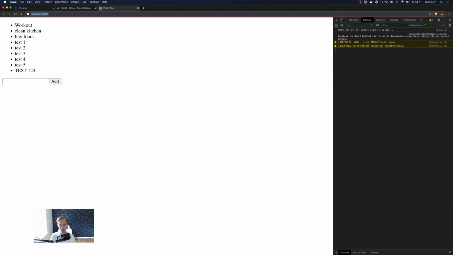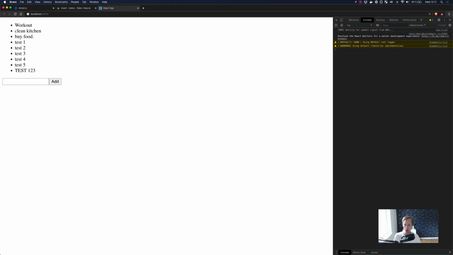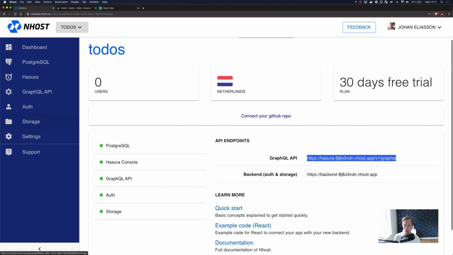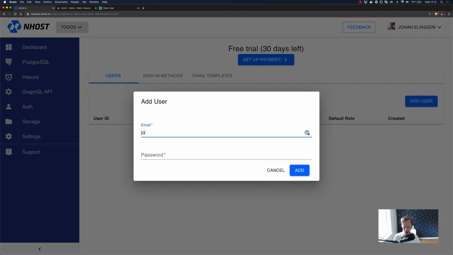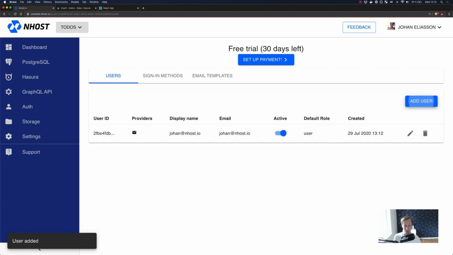Okay, good. Let's add authentication. Okay, so we're gonna add authentication. Authentication is built into Nhost. We don't need to do much. Maybe if you were paying attention here before, in the Nhost console we have an auth menu here. Users, these are all our users. We don't have any users, so I'm gonna add a user here now, and I'm just gonna add myself here. And that's how easy it is to add a user. I'm active, everything is set, and I'm gonna use this user in a while,